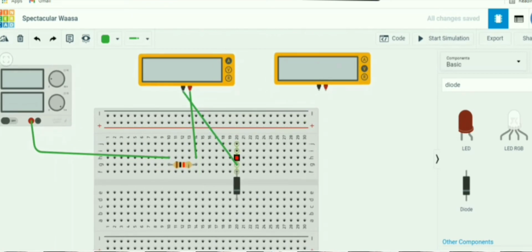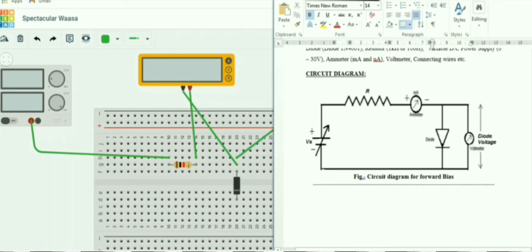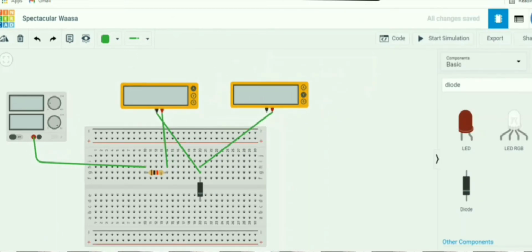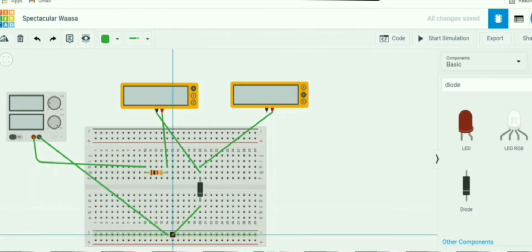The same line is connected to the positive of the power supply. See the diagram again. The negative of the power supply, the cathode terminal and the voltmeter negative terminal are all connected together. Therefore, all terminals are connected to the ground terminal in this line. All holes are connected to each other, therefore at any point we can connect the wire.